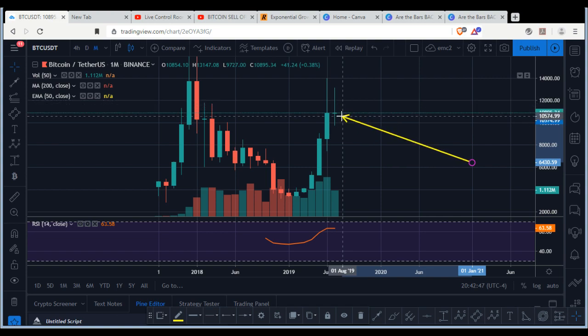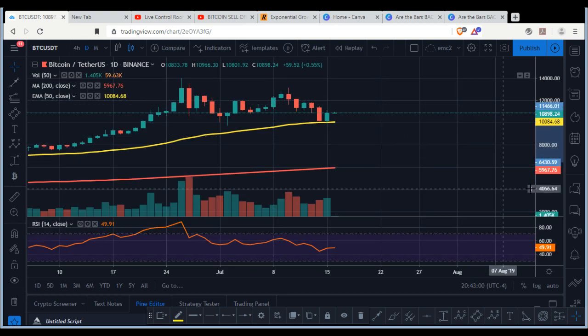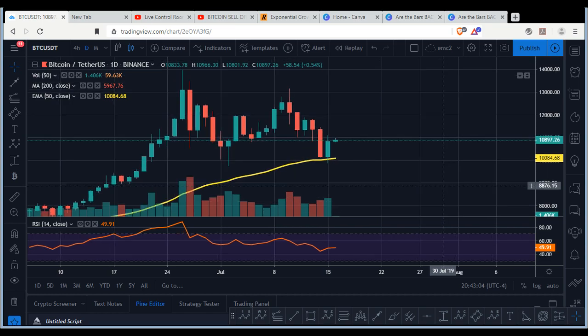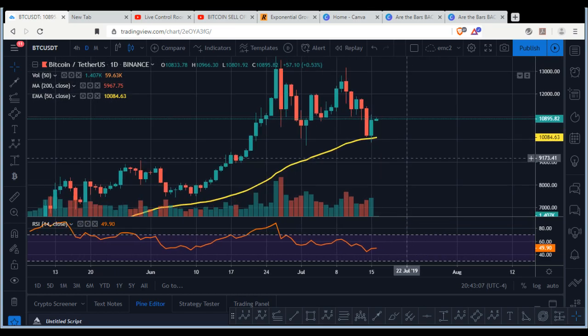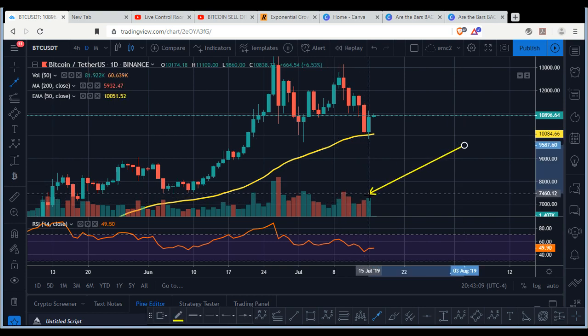But the next 2 to 3 days are going to be very crucial. BTC has to stay at least within this range. On the daily, we already got almost 80,000 trading volume, like 77. So you take a look at the volume, but at least today's volume has to be